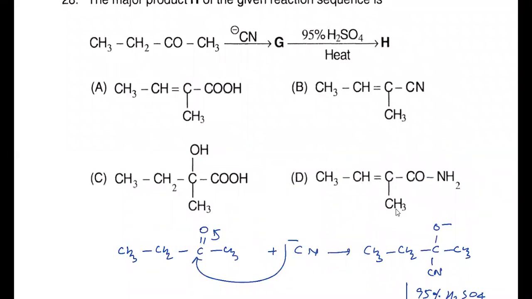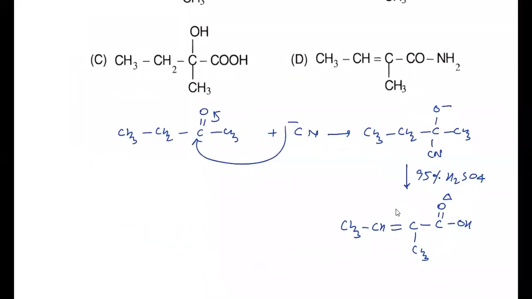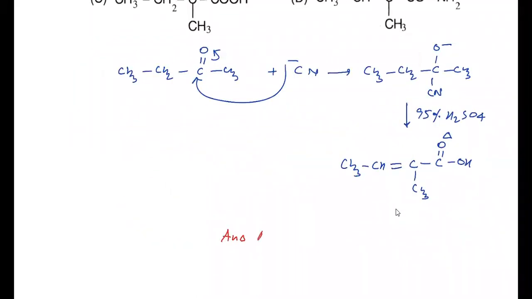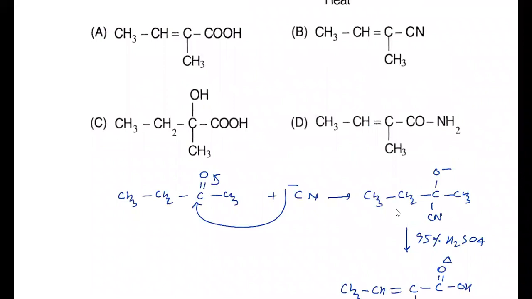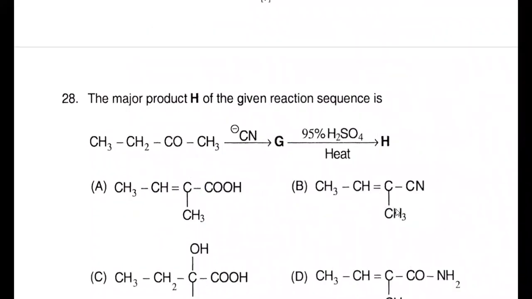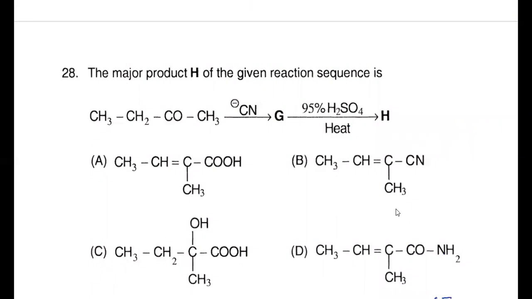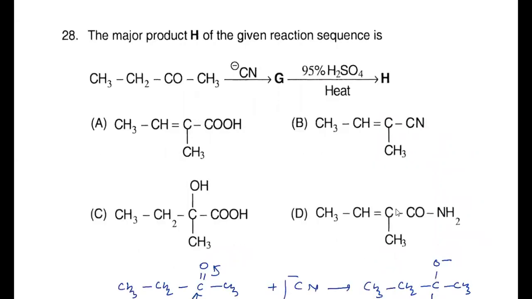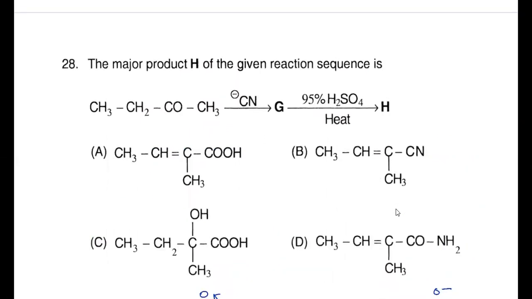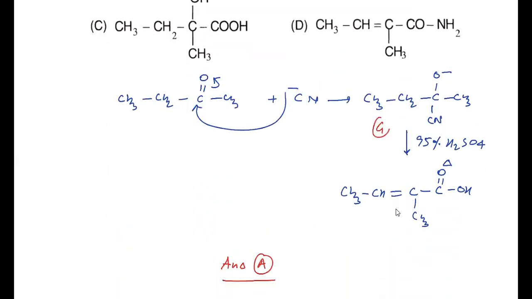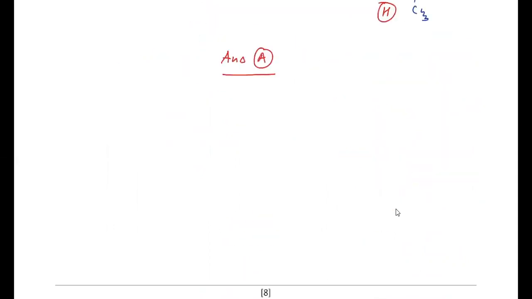For the 28th question, we write the answer A. I hope it is clear, because heat is given, so we will definitely go for elimination. Concentrated H2SO4 is given, which is a strong dehydrating agent, so dehydration is also taking place. And the cyanide group will certainly be hydrolyzed because in the acidic medium water is present. So the CN group will convert to COOH group, and the OH group will eliminate by dehydration of the alcohol to give the Saytzeff product, the more stable alkene. The answer must be A. That's for the question. Then move to the next question.